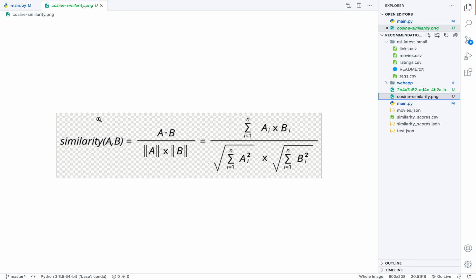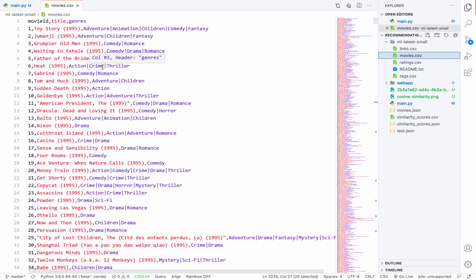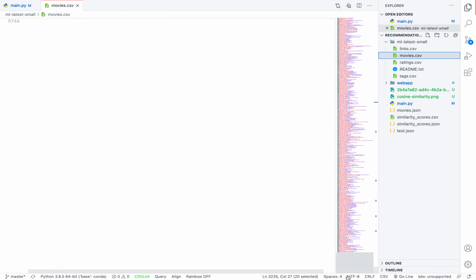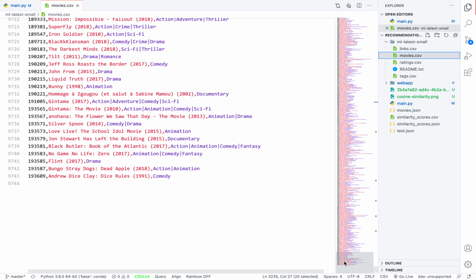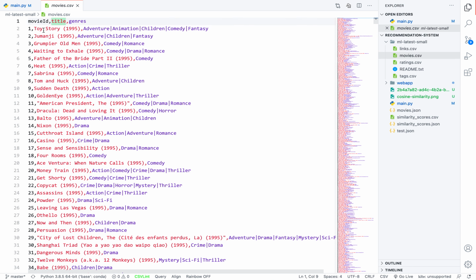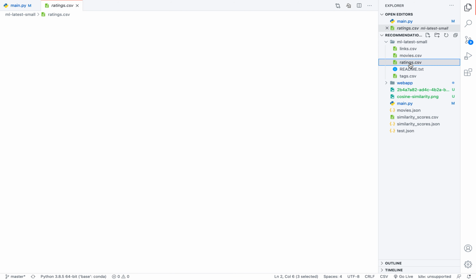In this example, I am using a movies dataset. This dataset is free. You can just Google it. It is the MovieLens dataset. I have about 193,609 movies, and basically it is movie information, like Toy Story, what is the type of the story, etc. Then ratings.